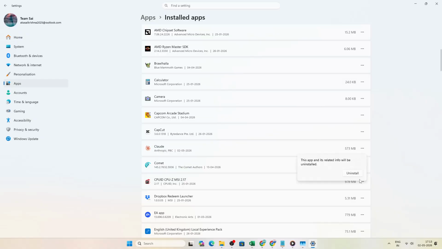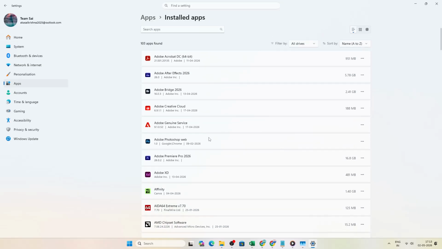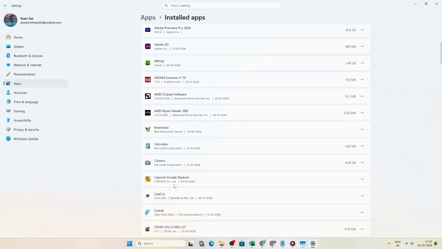Windows will show a confirmation message; approve it. If you are prompted by a security dialog asking to allow changes, choose Yes. The uninstaller will run and may take a minute. When it's finished, the entry for Claude should disappear from the Installed Apps or Apps and Features list, which confirms